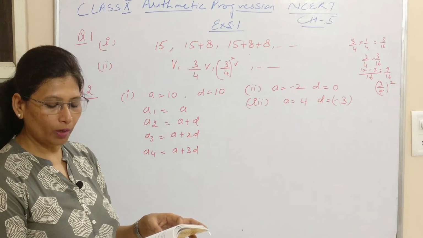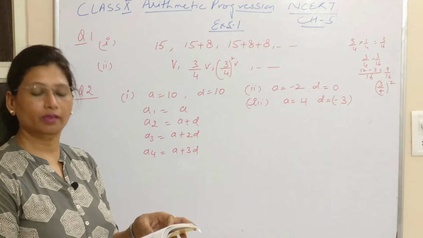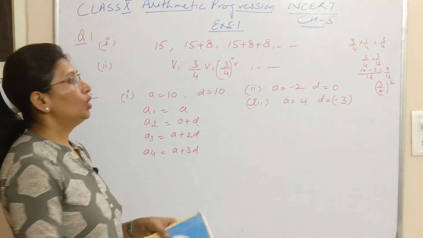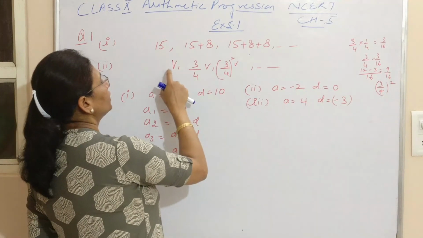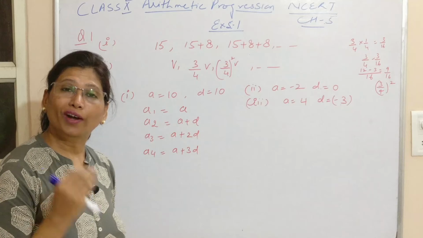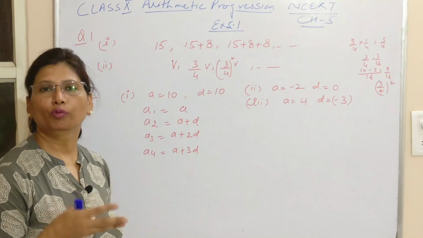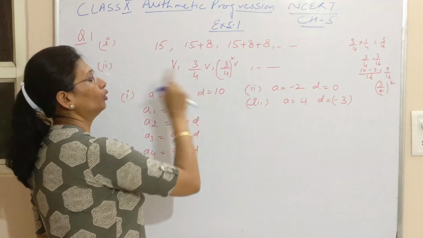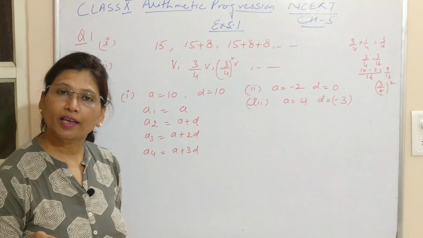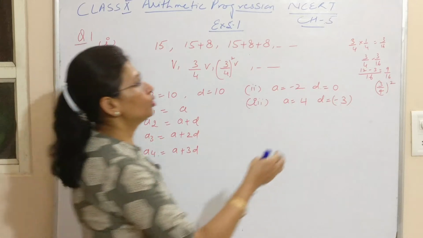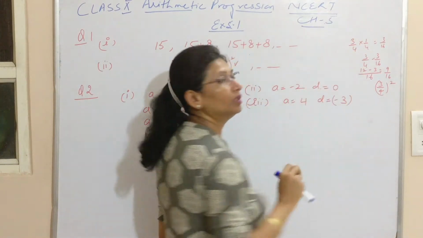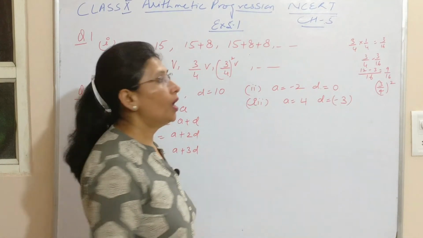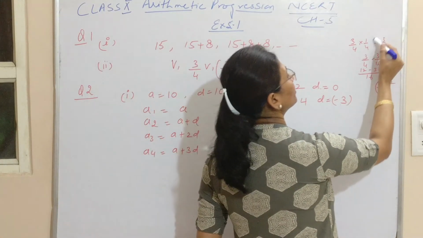when a vacuum pump removes 1/4 of the air remaining in the cylinder at a time. So what we do, we take the volume of the cylinder in the beginning as V, and 1/4 of the volume is removed. If 1/4 is removed, 3/4 is left. So 3/4 of the volume is left. In the next case, again 1/4 is removed. So 1/4 of 3/4 is 3/16. Now this 3/16 is removed.